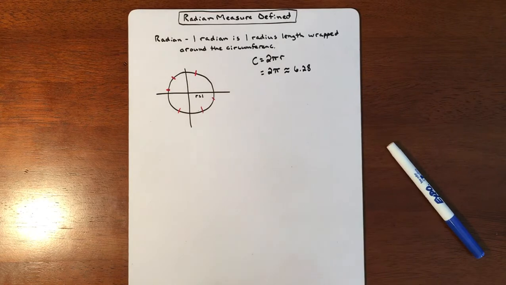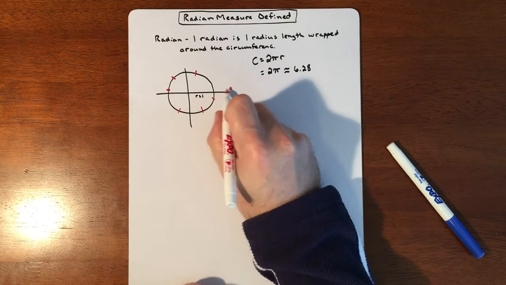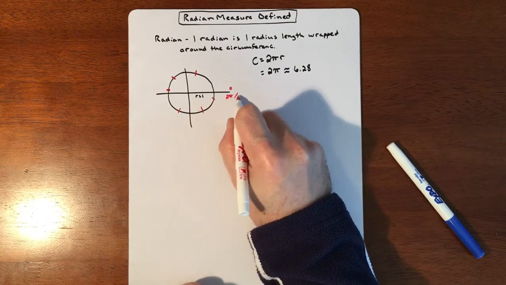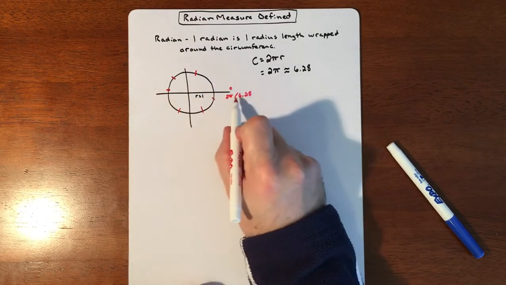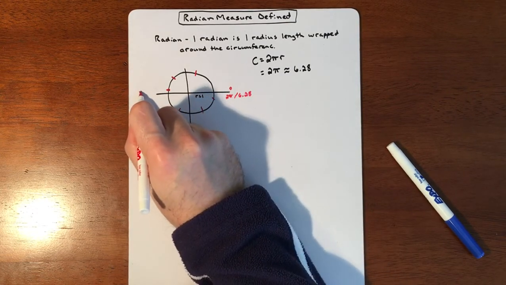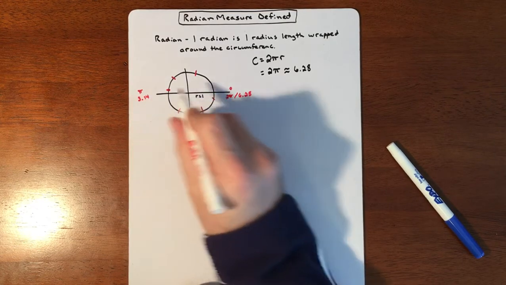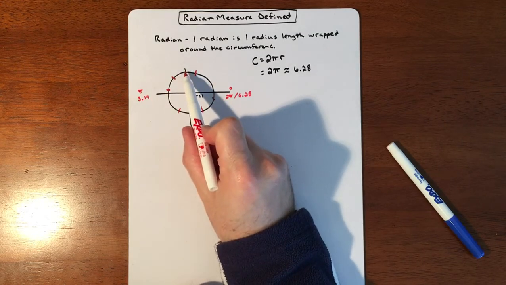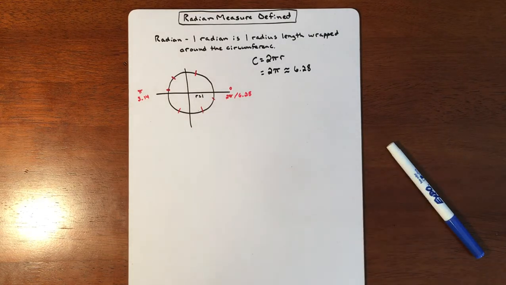So basically, if you started off at 0 and went all the way around, that would be 2 pi, which is also 6.28. If you went halfway around, that would be half of the circumference, so pi, which is 3.14, because that's what pi is. So it's just a little bit over 3. And if you went a fourth of the way or 3/4 of the way, you'd have some decimal values for that as well. So here's the big idea of this: